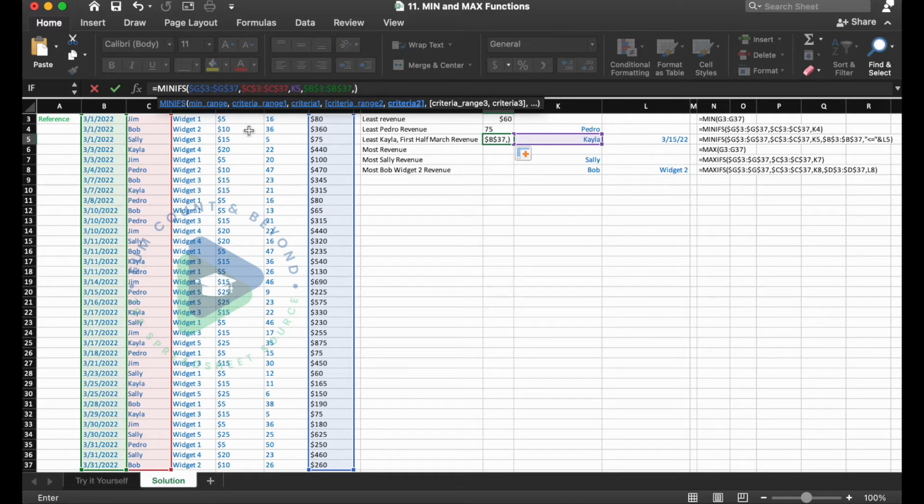And remember, when we use our comparison operators, we always need to put quotation marks around those. So we'll do an open quote, less than, equal sign, close quote, ampersand, shift 7 on your keyboards, and then select L5, and we already have a closed parenthesis in there because we didn't delete it out.